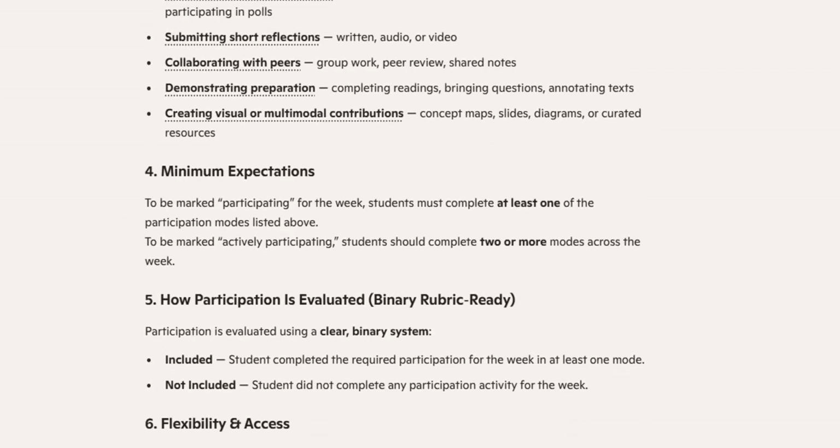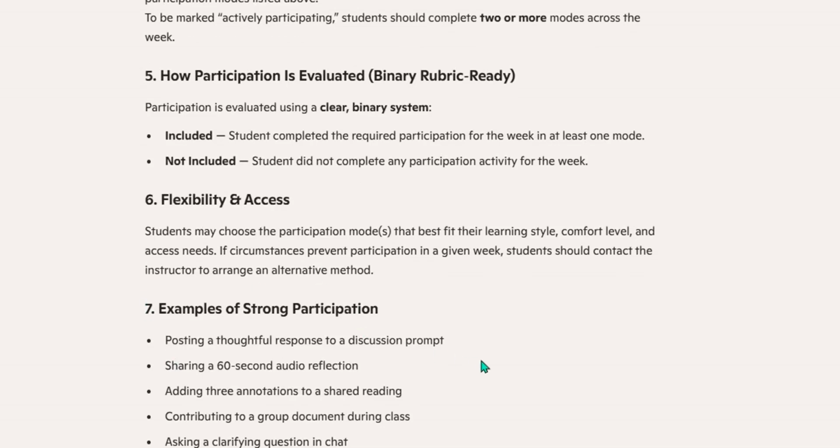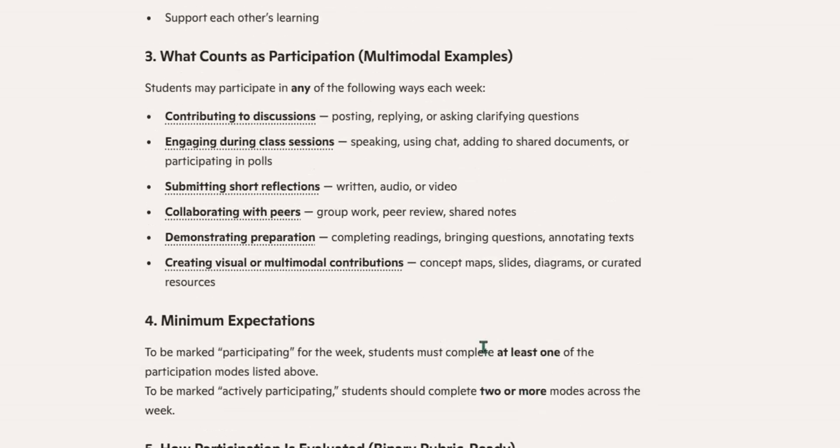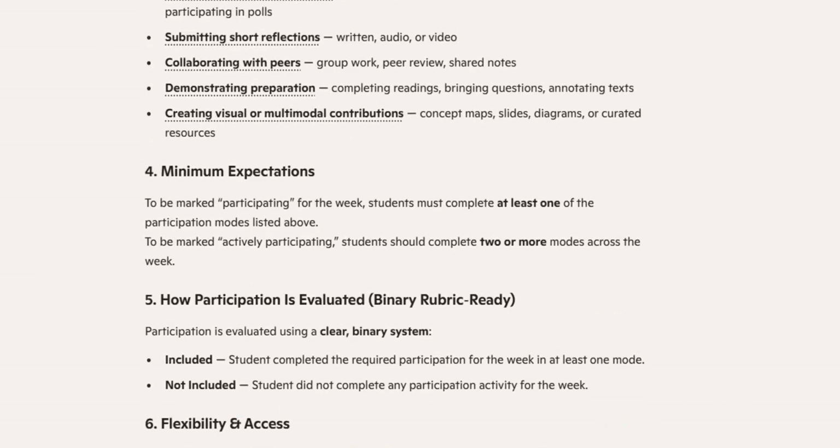To be marked as participatory for the week, students must complete at least one of the participation modes listed above. To be marked as actively participating, students should complete 2 or more. So then it also provides how it's evaluated, which means that we could provide a rubric. Participation is evaluated using clear, included, or not included. So either they met the requirements or they did not. Okay, students can choose their participation mode for that week or that comfort level. Examples of strong participation. So now you can take and put whatever part of this you would like into your syllabus, or you can also say